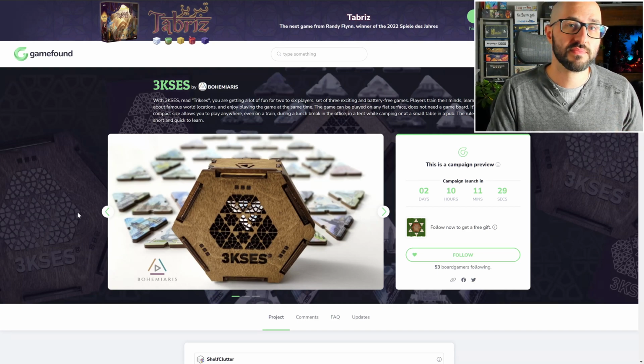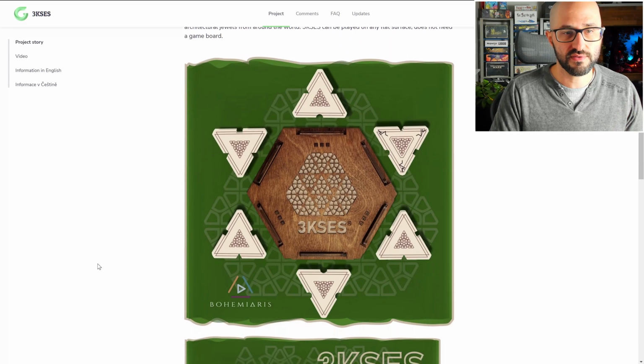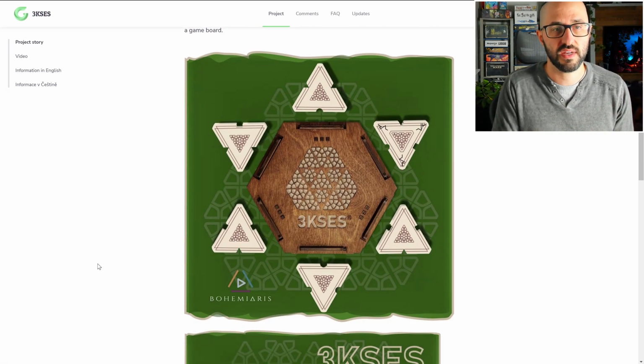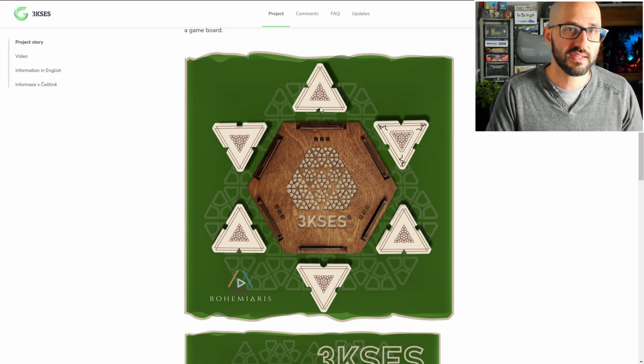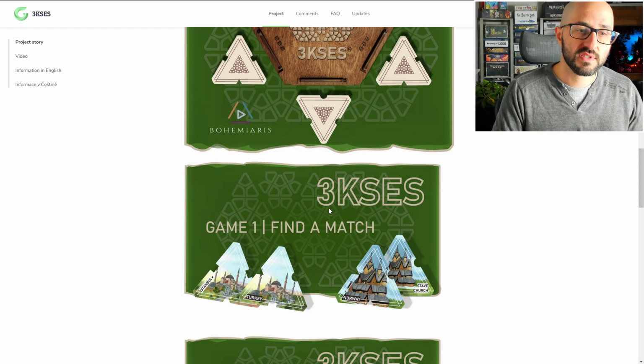This is actually 3 games in one that comes in this laser cut box, and all 3 of these games are going to make use of these triangular tokens that each have 3 different notches cut into them. There's going to be a V-shaped notch as well as a square notch and a round notch. And each notch will show up twice amongst all the different tokens, and the first game makes use of that